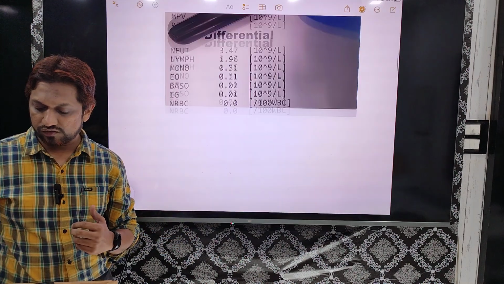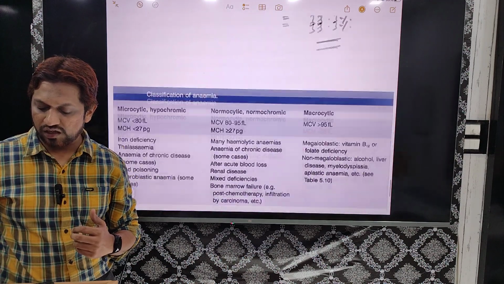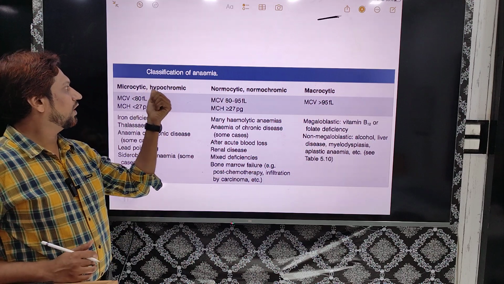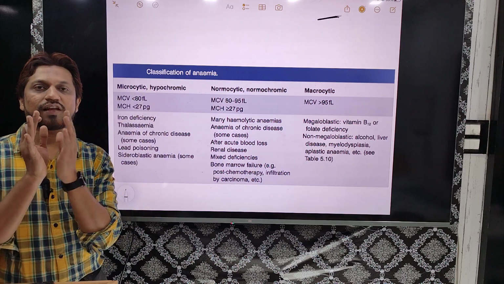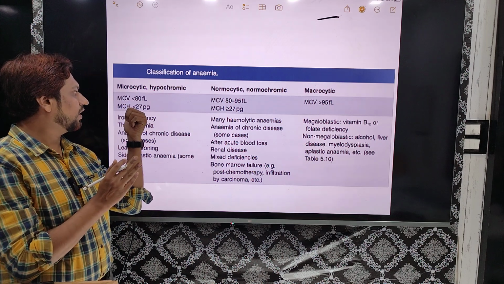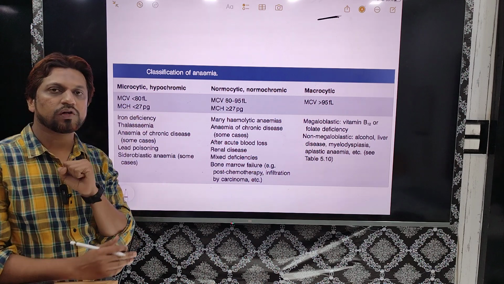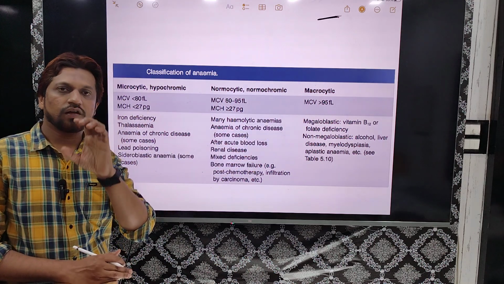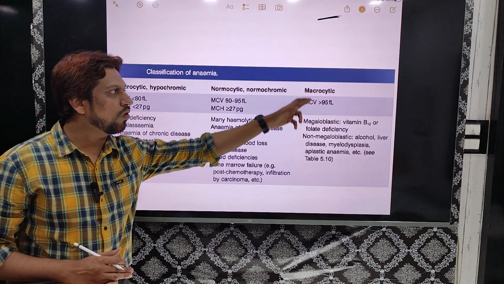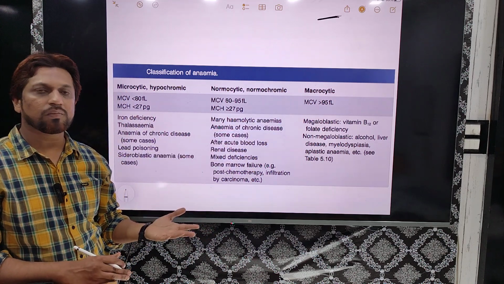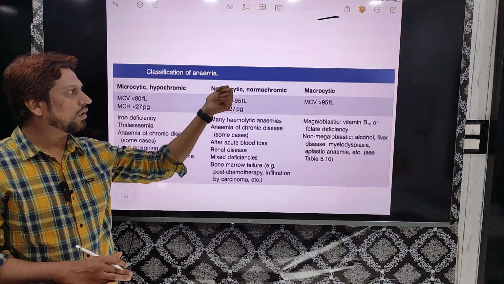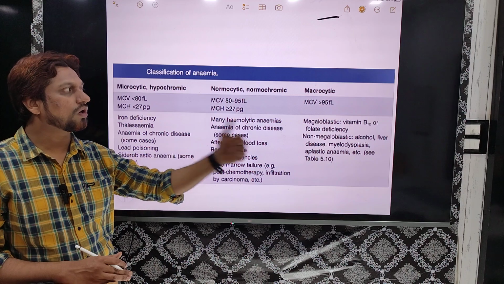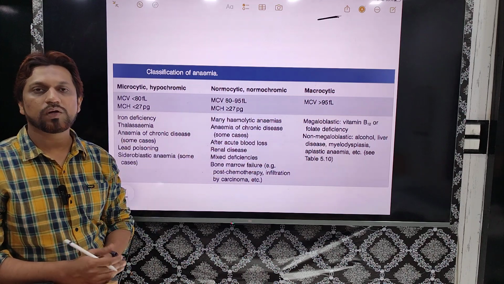Now what is the significance of this? It will help in the morphological classification of anemia, to know which type of anemia. For example, microcytic hypochromic anemia means the cell size MCV is less, and MCH and MCHC will be less, that is, hemoglobin concentration is less, seen in iron deficiency anemia and thalassemia. On the other side, macrocytes, where the cell size is more, that is MCV is more, as seen in megaloblastic anemia. Sometimes there is anemia in which cell size MCV, MCH and MCHC are normal, that is known as normocytic normochromic. Chromic here indicates the hemoglobin concentration.